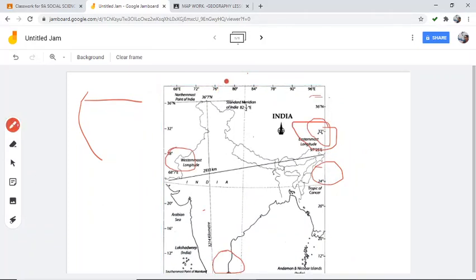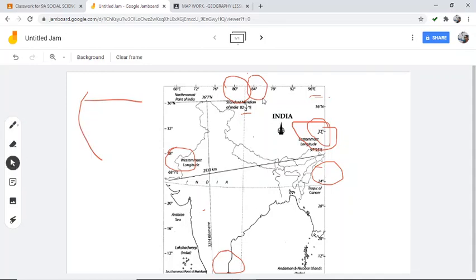First you find out where is this 80 degree longitude. Then you can find out 84 degree longitude. Use a scale and find out the exact middle of these two longitudes. Remember, standard meridian means 82 degree, half means east meridian. So you have to find out exactly the middle of these two longitudes,